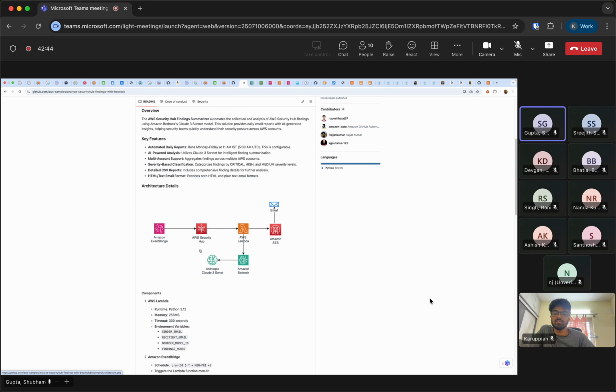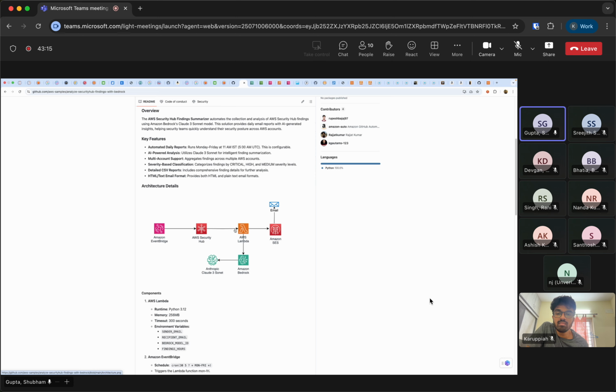This is only for Security Hub here, but you can add your GuardDuty, Inspector, whatever services you are already utilizing, and take actions on top of that. And if you also want to do automated actions for some of the security alerts, you can do that, like for your API key rotation. Whenever there is a warning that your API key has been compromised, you can take action on top of that, with an alert to you that this action has been taken and the threat has been remediated.